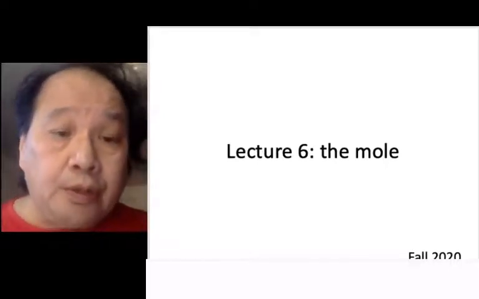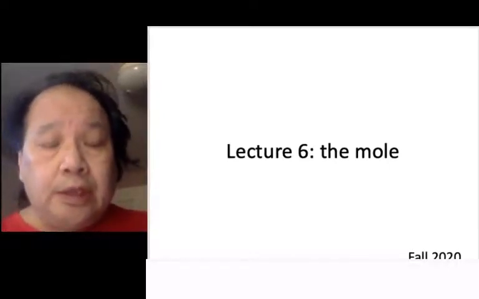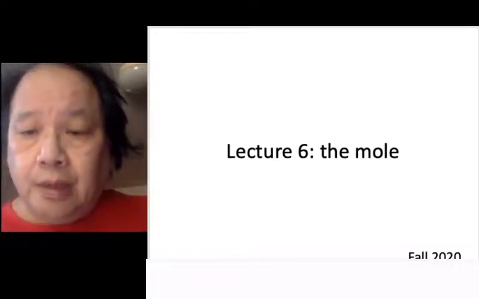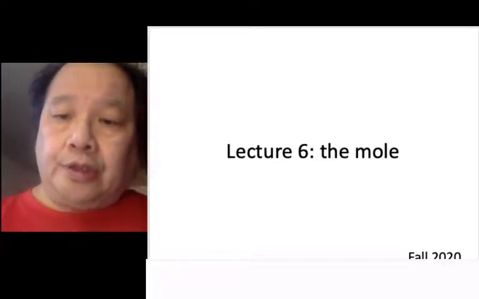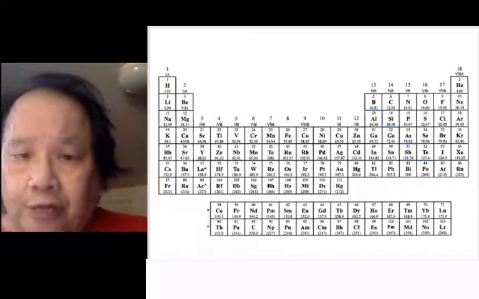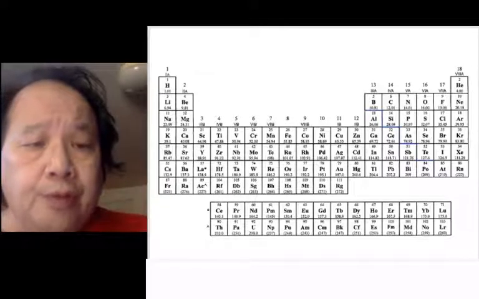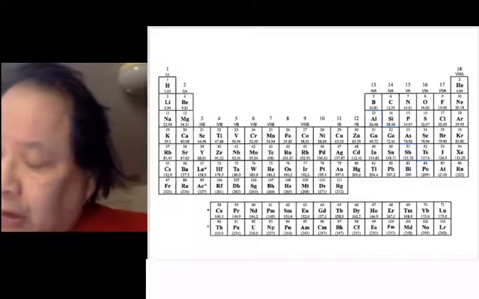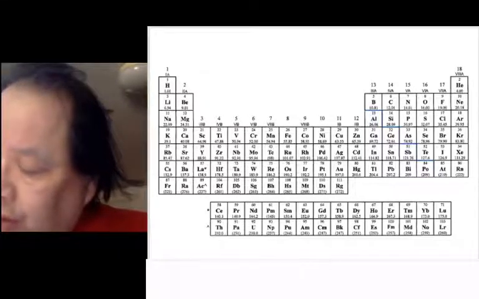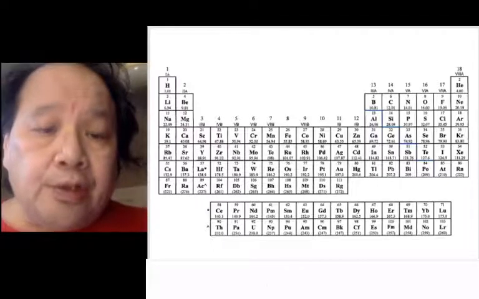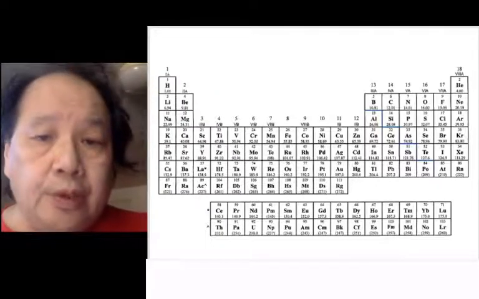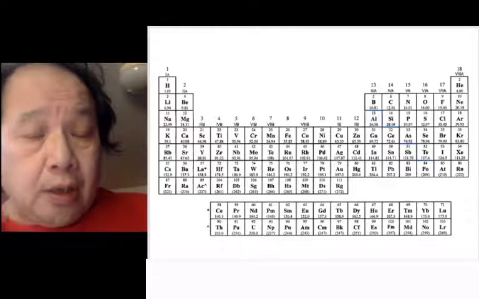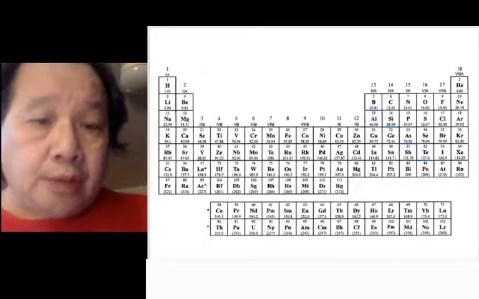Last time we spoke about the periodic table, and today we're going to talk about the mole and the consequences of that concept. So here is a periodic table, the organization of the elements by their number of protons, which is called the atomic number. Hydrogen with one proton is the first element there on the way left, atomic number 1. Helium on the way right, but in the same row, is the second element with 2 protons, atomic number 2,